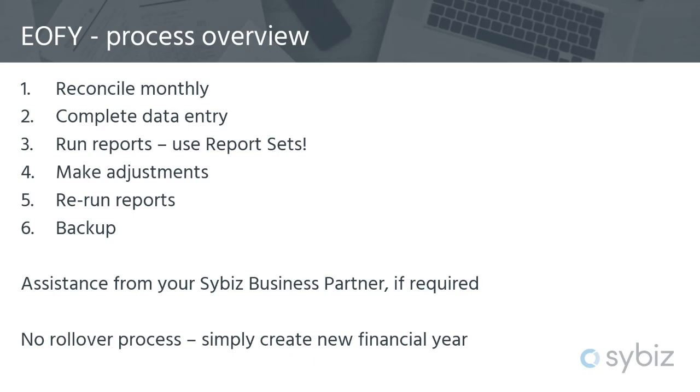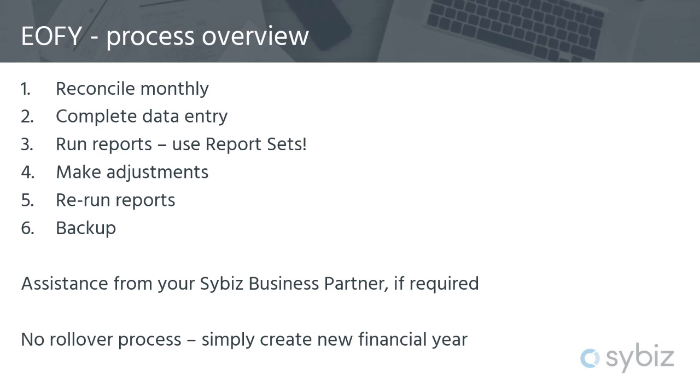And we recommend using report sets in Sybiz Vision. So different businesses are using different aspects of Sybiz Vision. So there's no, I guess, one size fits all report set that we could say, okay, you've got to have all of these reports, but certainly your basic financial reports, your trial balance, balance sheet, profit and loss, maybe a comparative profit and loss, reconciliation report, debtors and creditors age balance lists, quantity and value report for stock, fixed assets, etc. You can put all of those into a single report set and just click one button and it'll run all